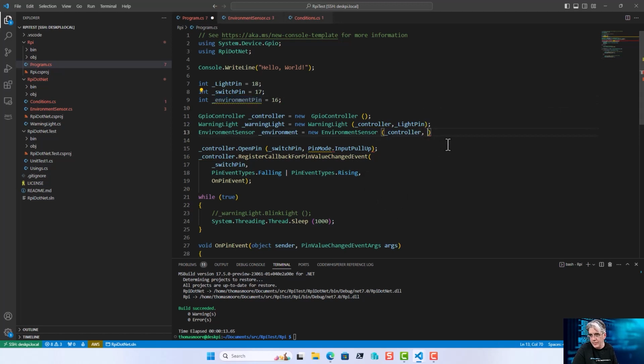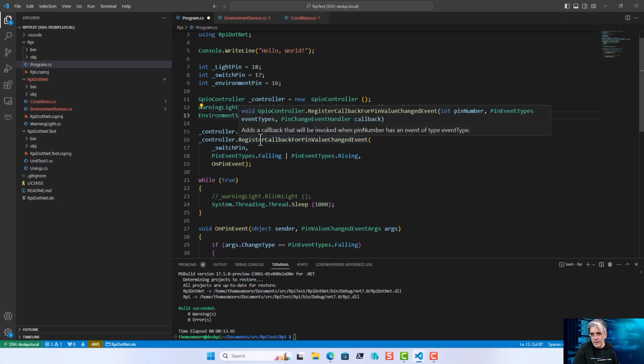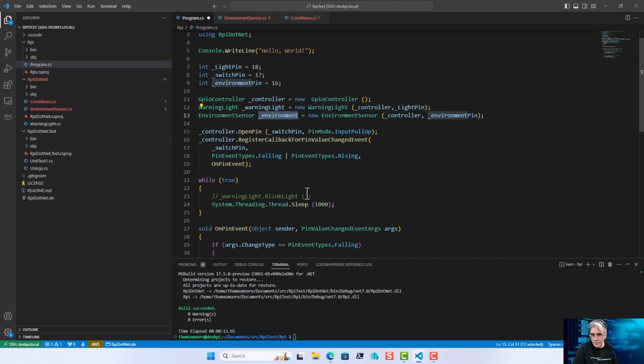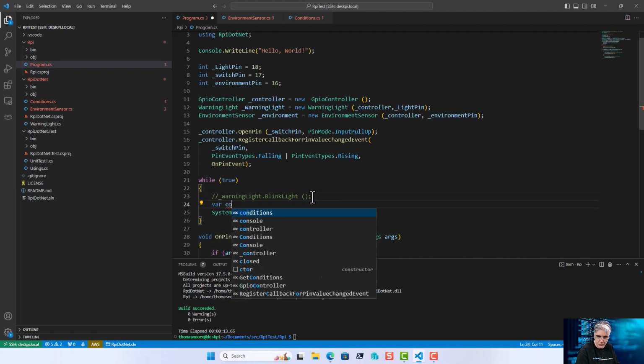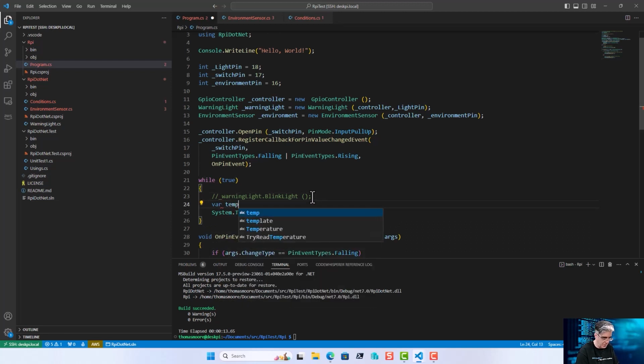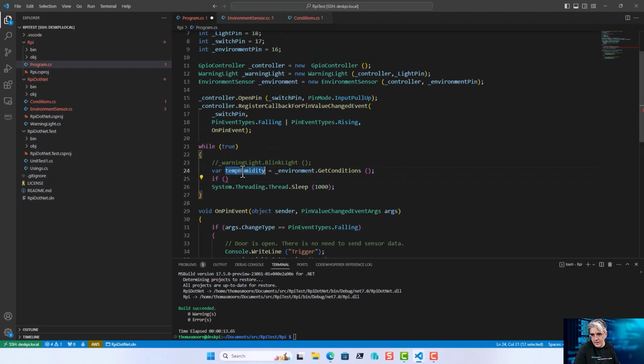So we're going to pass that in. Now we've already got this event that's running every second, so let us see about grabbing the conditions. And then let's just say if this is not null,